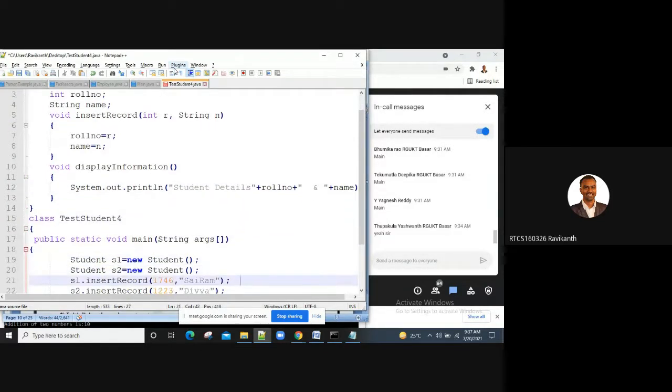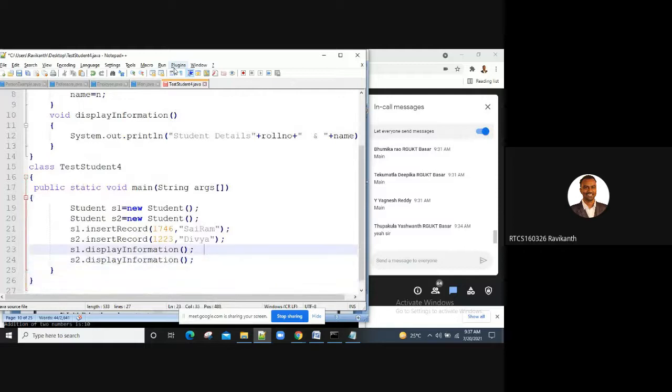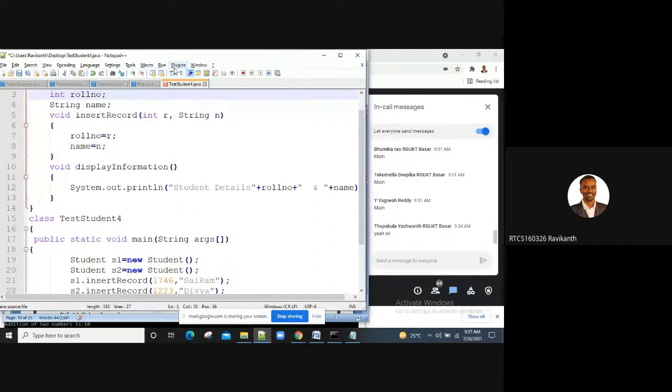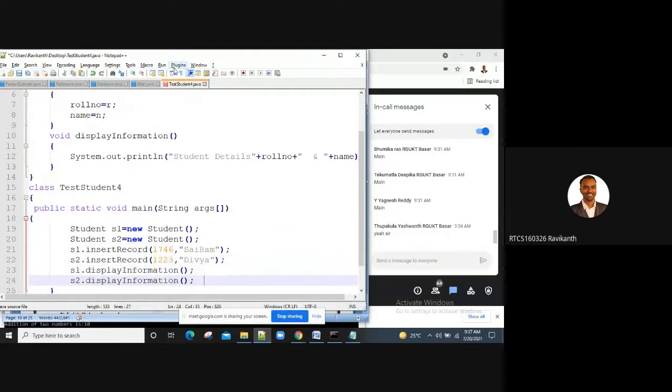Then we have written the main class. In that we have created two instances, S1 and S2, so two students' details will be displayed. Then I'm calling the insert record method first, where I'll be passing roll number and name. Later I'll be calling the display information method, and it will display.